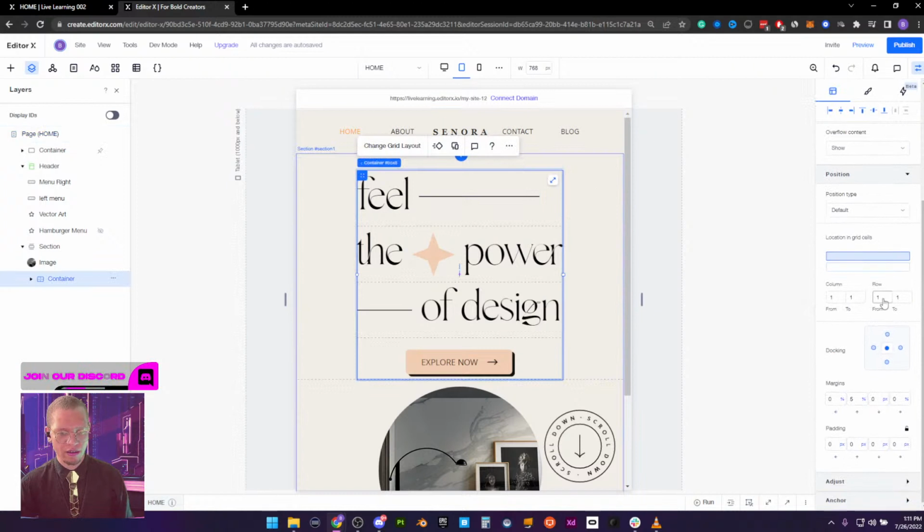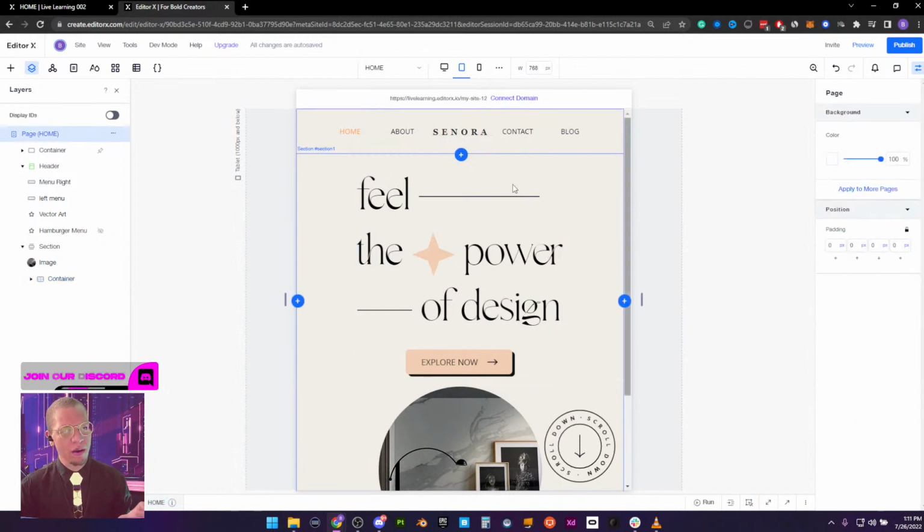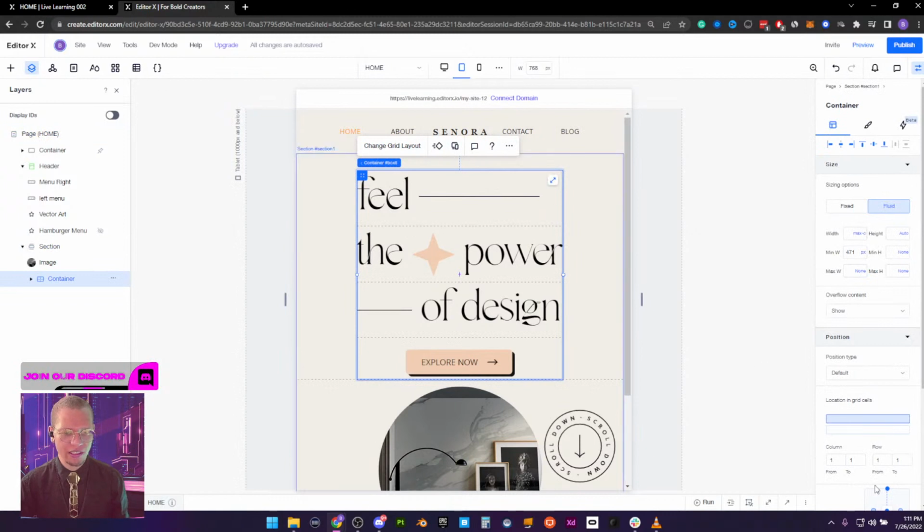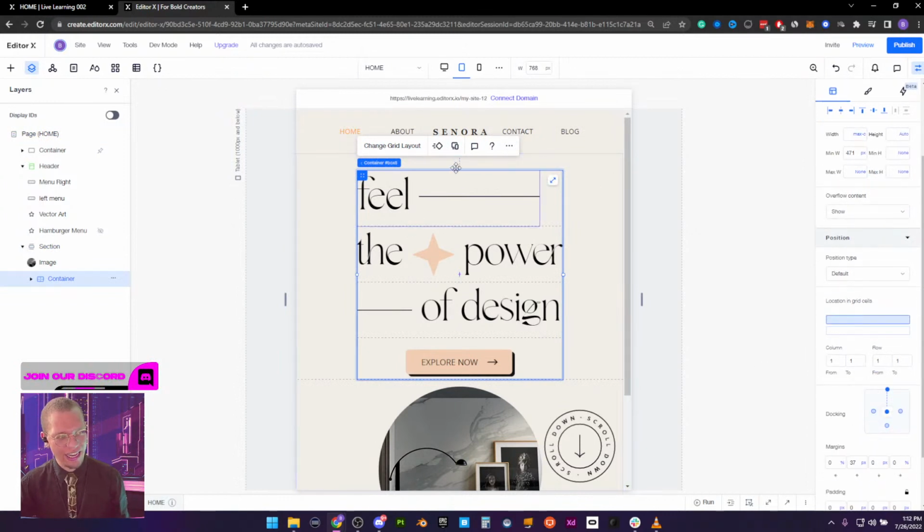spacing between. Oh, I also want to dock this. So basically what I want to tell EditorX is, hey, this container, please make a separation of either a certain percentage or a certain pixel width between the top of this section and this container. So this section, and sadly I can't show you, you can see it a little bit, but I know it's really tiny on your screens, there is this dotted line that is going from the top of the container to the very top of the section, which is basically what the docking is.